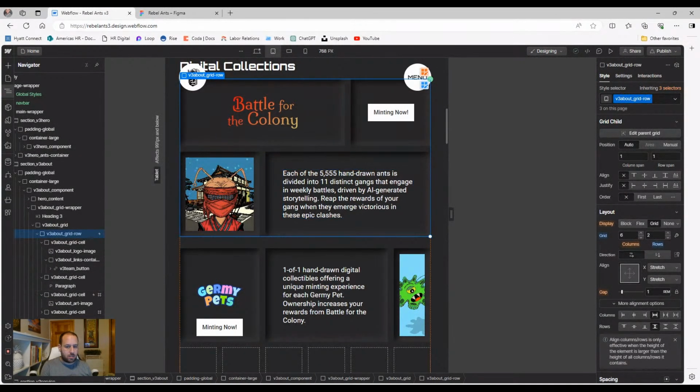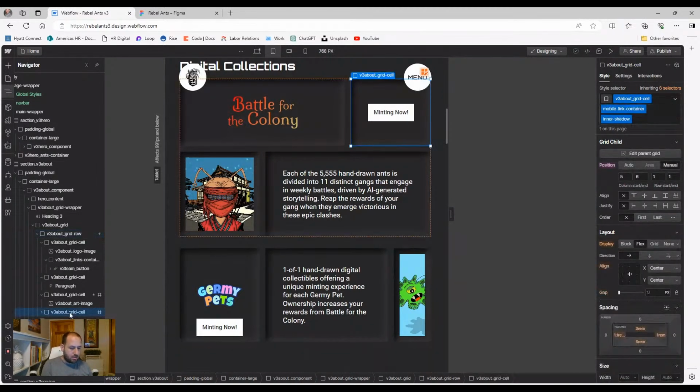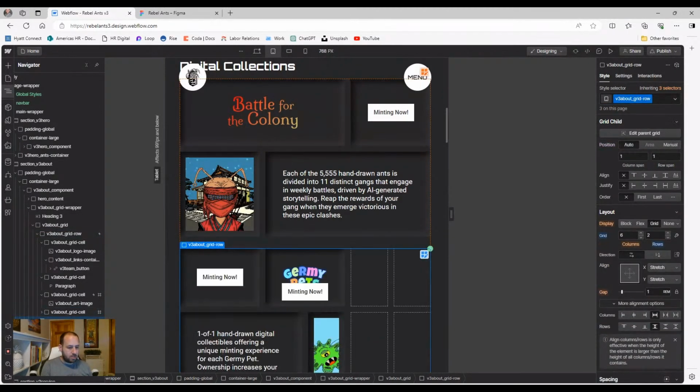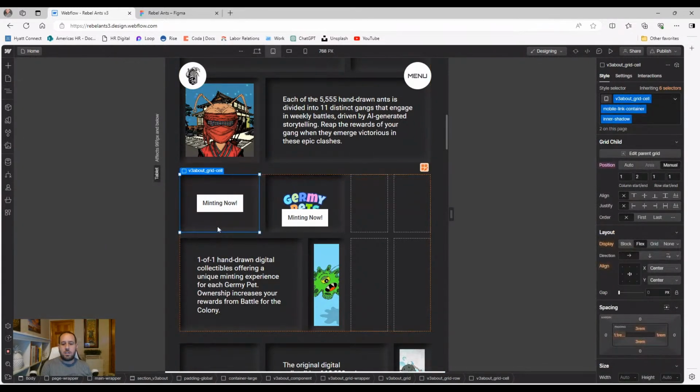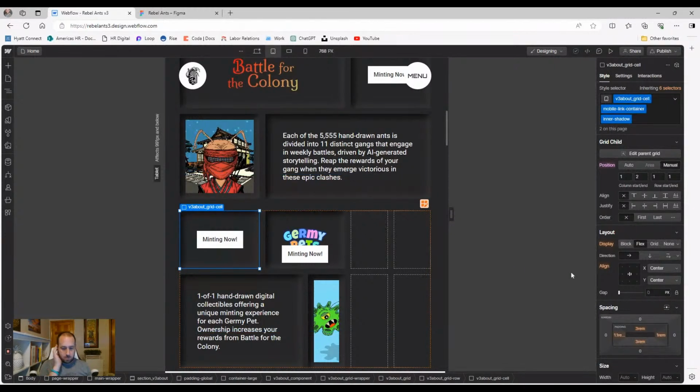It's this thing. So this should go inside there. And this should go, instead of 1, 2, we want to put this